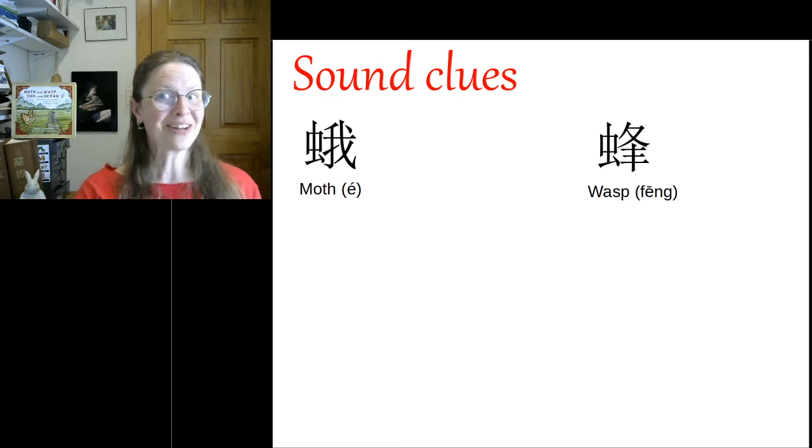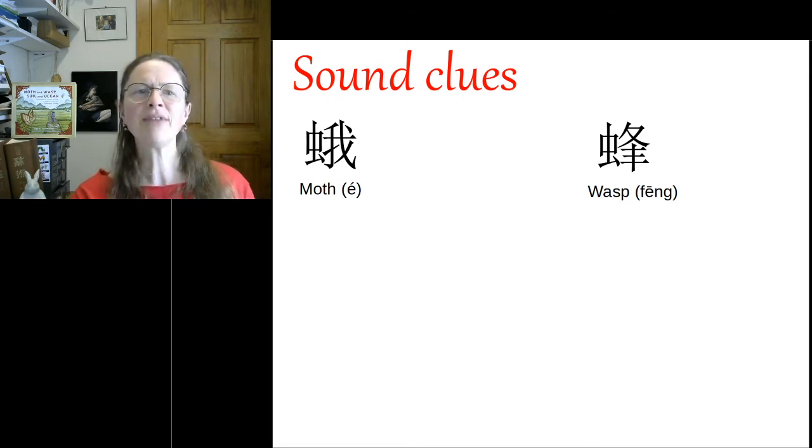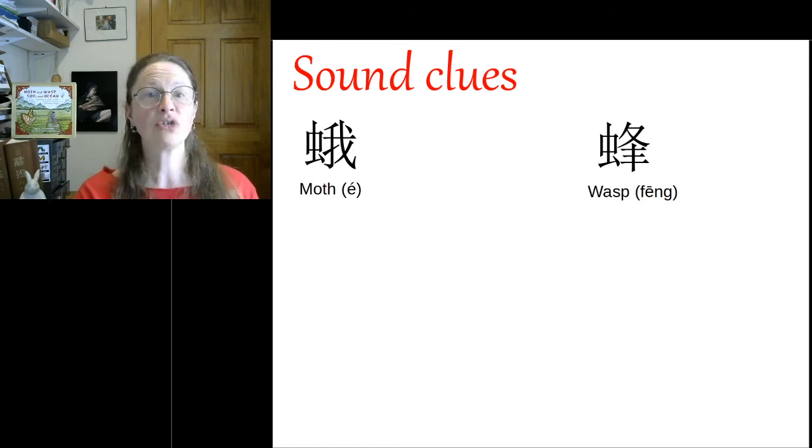Now, there's no hard and fast rule about this, but very, very often the rest of the character gives a strong clue as to its pronunciation, and this is true for both the characters moth and wasp. And we can see that by looking at other characters that include the same right side contained in the character,